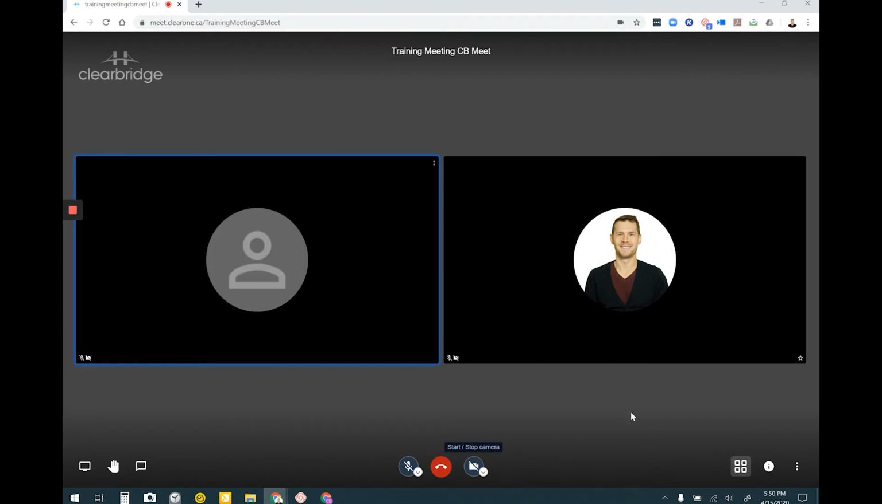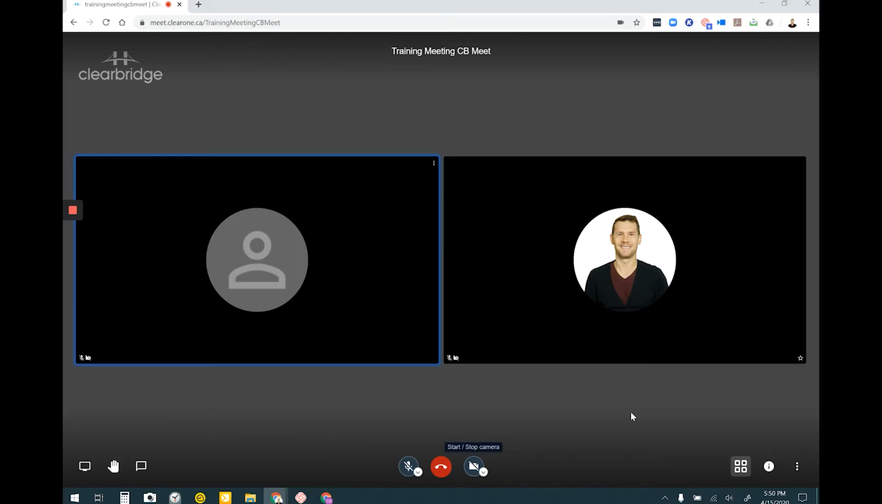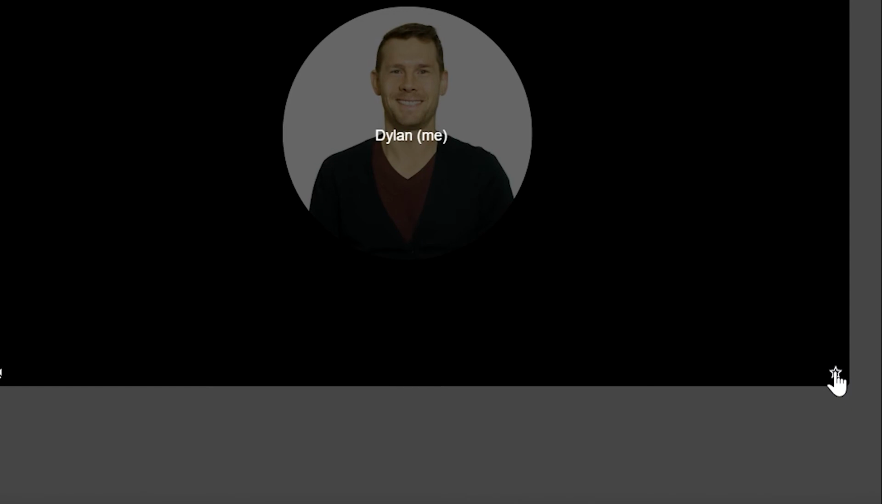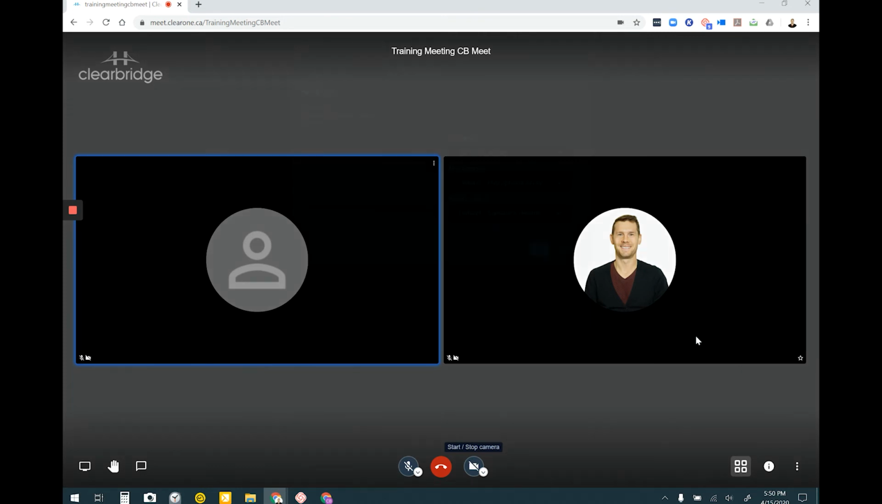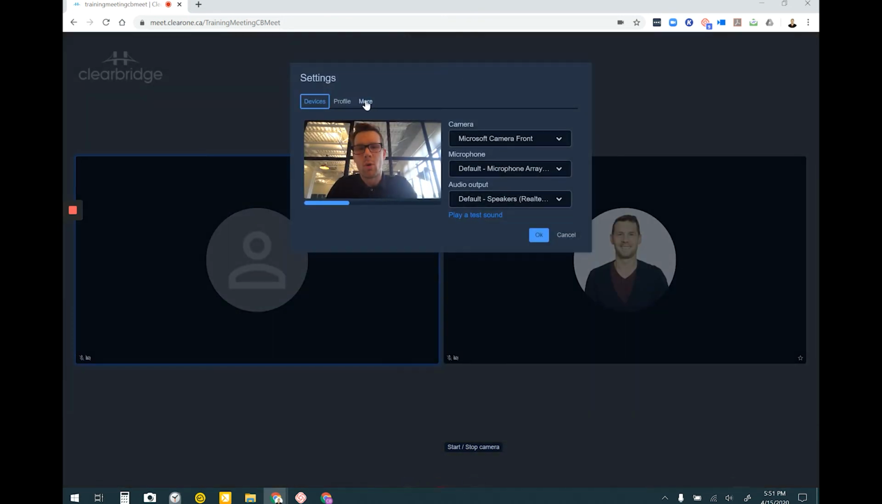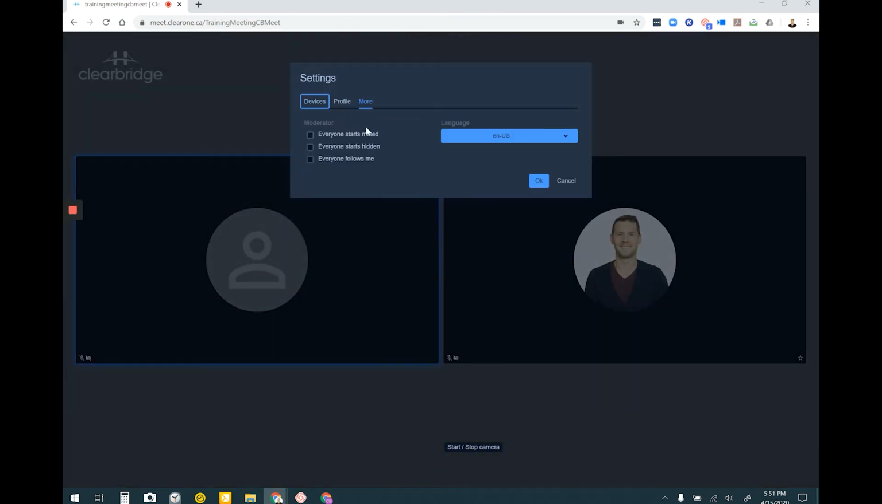Now when you're hosting a meeting, you know who's a moderator by the bottom right corner of your hosting screen or your tile. You'll see this little star right here, and that just indicates that you are a moderator or a host of your CB meeting. If you click on this three dots down in the bottom right, you'll see the settings button right here. And if you click on more,